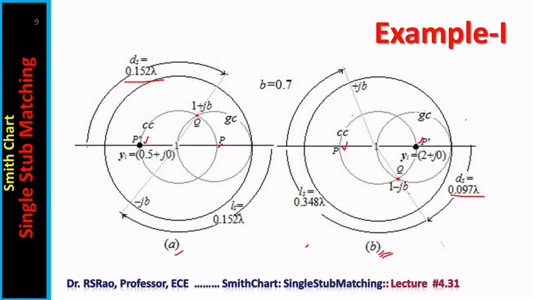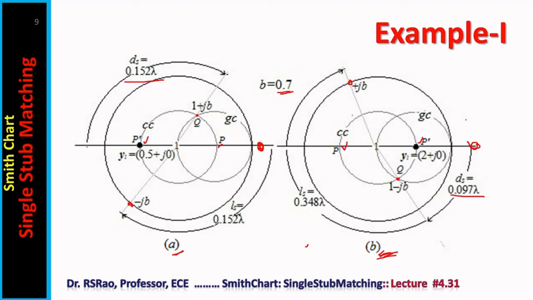Now, the admittance of Q from the chart is 1 + j0.7 in case of A. In case of B, the admittance is 1 - j0.7. In case of A, to find the length of the stub, you have to start from the rightmost point, this point representing infinity, and move clockwise until the -0.7 susceptance point is reached. The -0.7 point is somewhere here. The distance you moved gives the length of the short circuited stub. In case of B, here also we have to start from the rightmost point, infinity, and move over the periphery until the +0.7 susceptance point is reached. That point will be somewhere here. In case of A, it is -0.7.